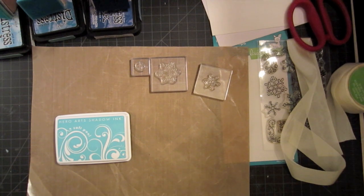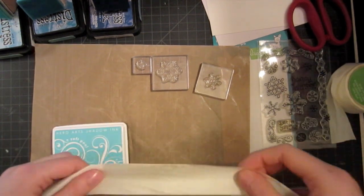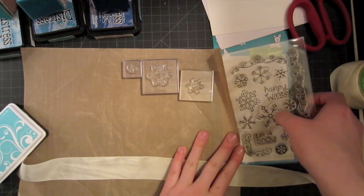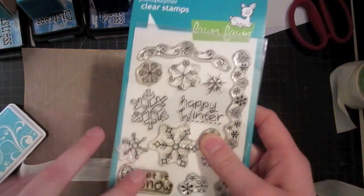This week I wanted to make a little quick video about stamping on ribbon because we're teaming up with Fawn for a blog week with them. So I have one of my favorite stamp sets from Fawn here. I'm a huge fan of Fawn and I have a ton of their stamp sets, but this is one of